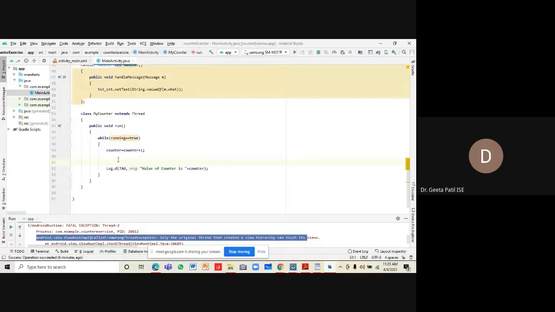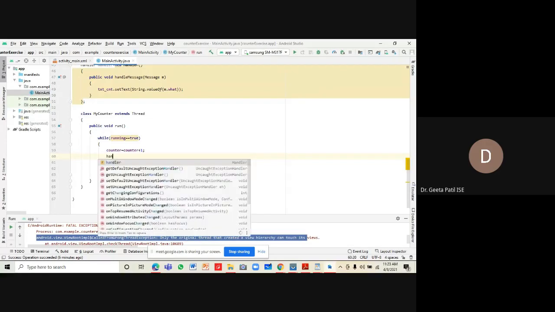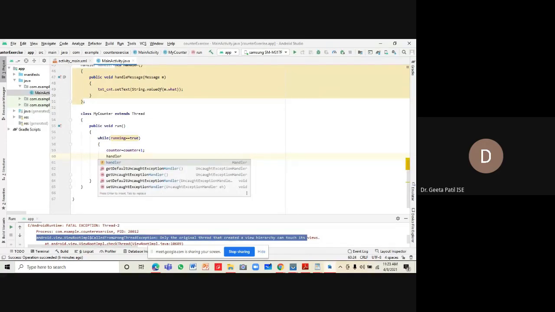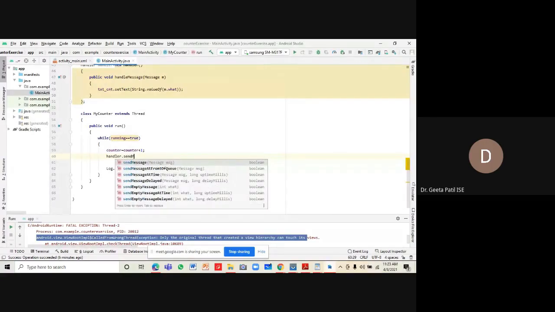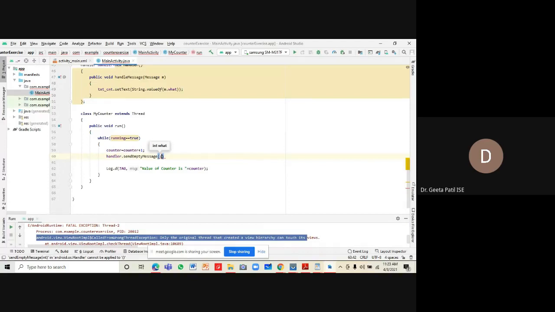So in this case, after incrementing the counter, we will call handler dot send empty message with the value of the counter. The value of the counter is put in the message queue.